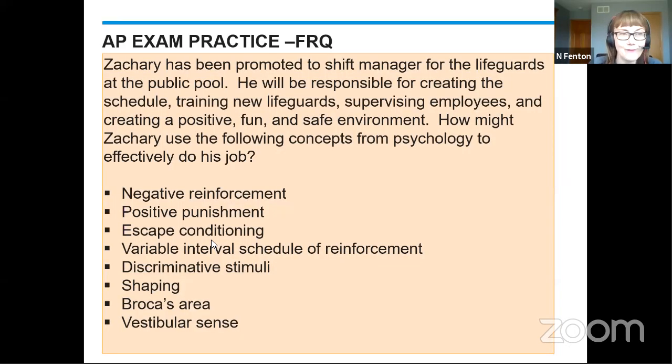Okay, this is your exam practice for Monday. Hope you have a great weekend, but here is an 8-point concept application. It's going to include mostly terms from today, but also some terms at the bottom. You're going to see something from the biological basis of behavior and also from sensation and perception. I hope you have a really great weekend, and we will see you again Monday with the answer to this FRQ, and we're going to move on to cognition, thinking, and memory.